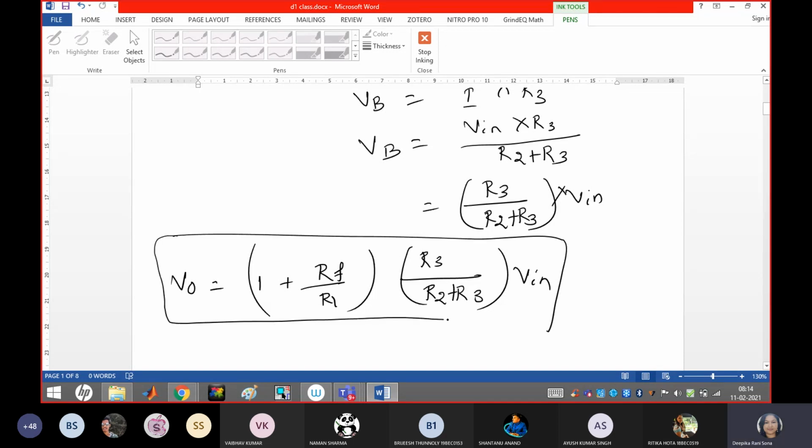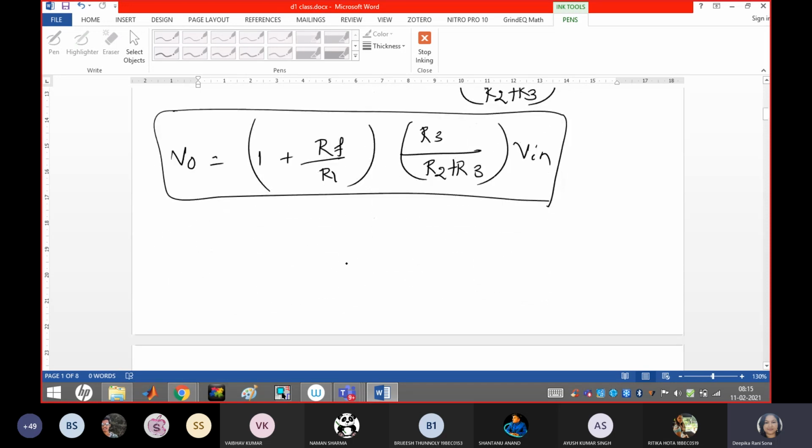In the subtractor also we are going to use this kind of thing. So this is one type of network arrangement or circuit arrangement where we have to find the output voltage, and in that case the input voltage is not directly V in, it is in terms of VB. Okay, so the next topic is application of op-amp. By using these three different configurations, guys, we are going to develop different kinds of applications.